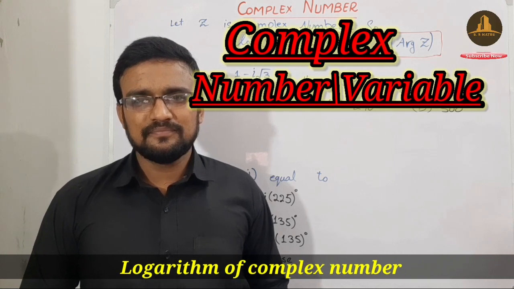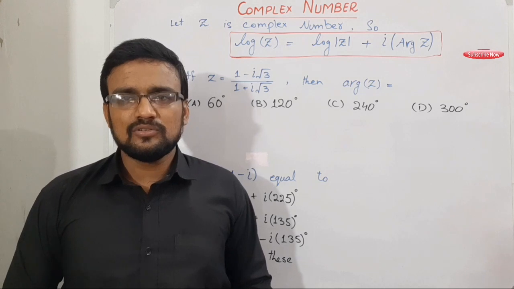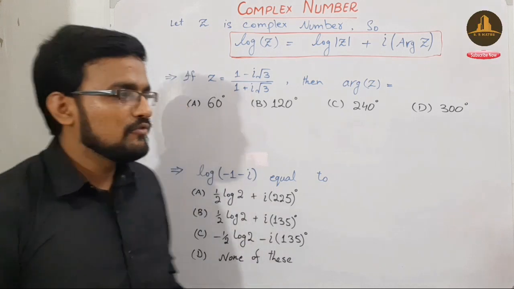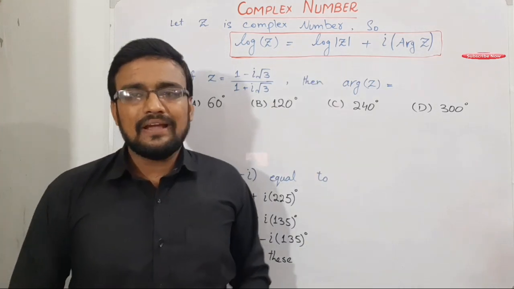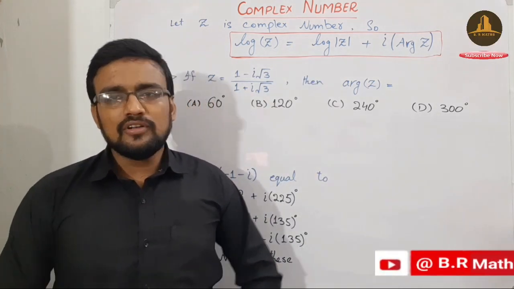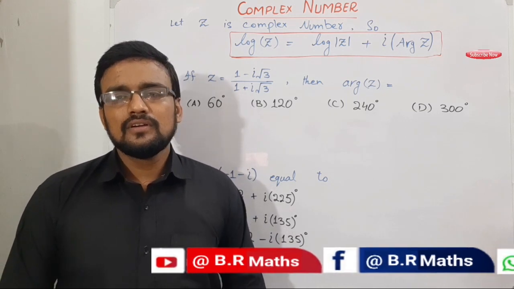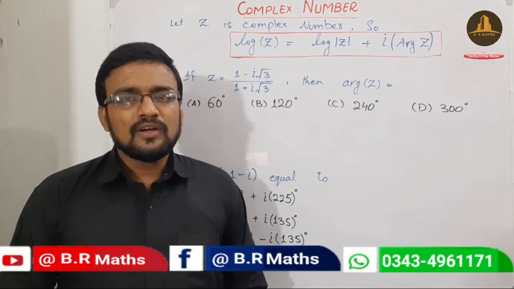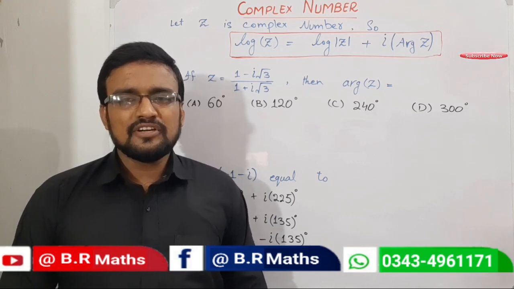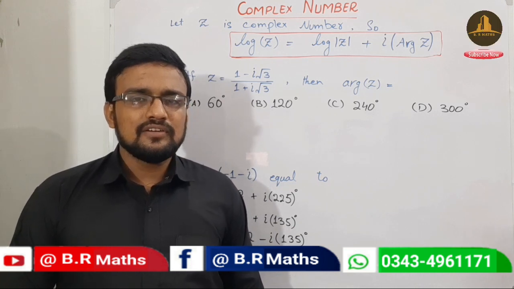Today I am here with some important MCQs and the most recent and new topic, the logarithm of a complex number. The logarithm of a complex number consists of two parts. First, you need the magnitude (modulus) of the complex number as well as the argument, or the angle, of the complex number. We studied the argument of a complex number in the previous lecture, and the link is given in the description.